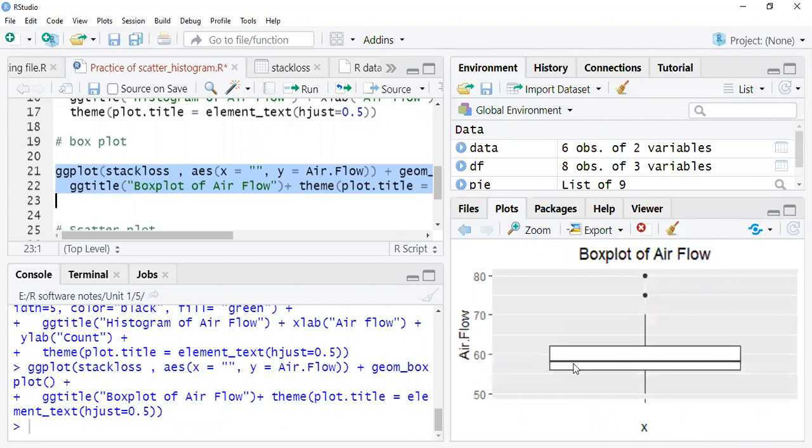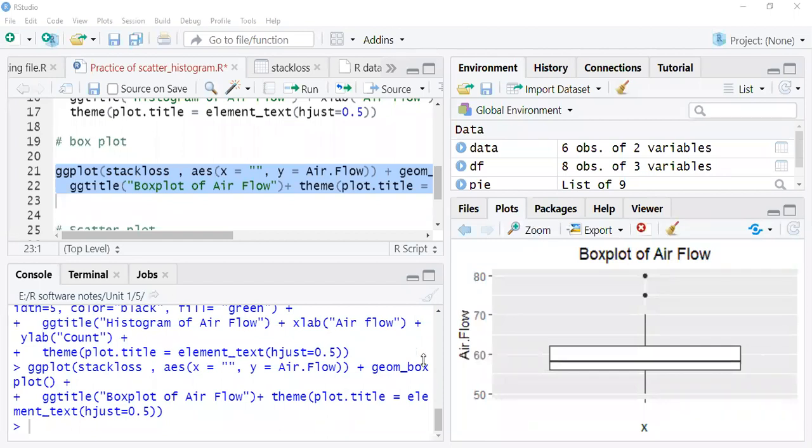Okay, so if I just zoom in, your graph looks like this. So this is your y-axis, right? On the y-axis we require air.flow. On the x-axis I keep it blank, because here x is not required.